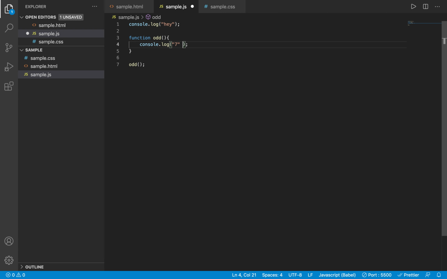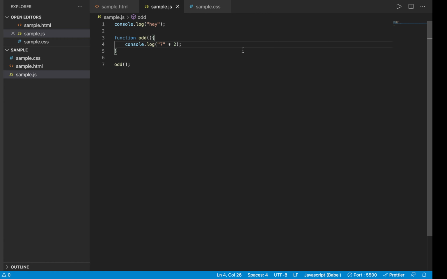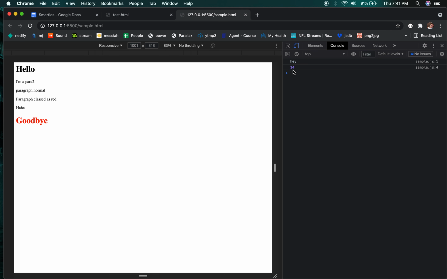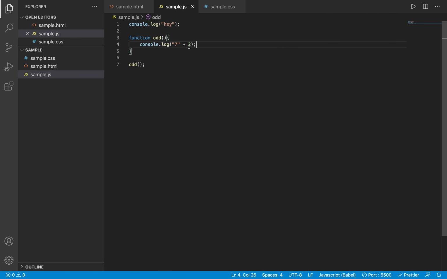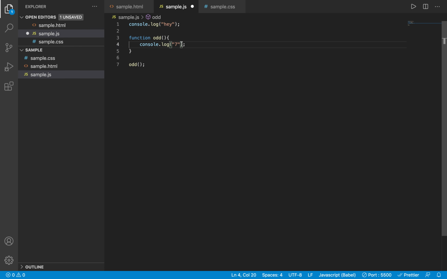So in other words, if I did 7 times 2, okay, well, it just figured it out. It converted it. But this is a string. Let me see a better example. Well, the browser's too smart for its own good, so it's hard to teach this. But